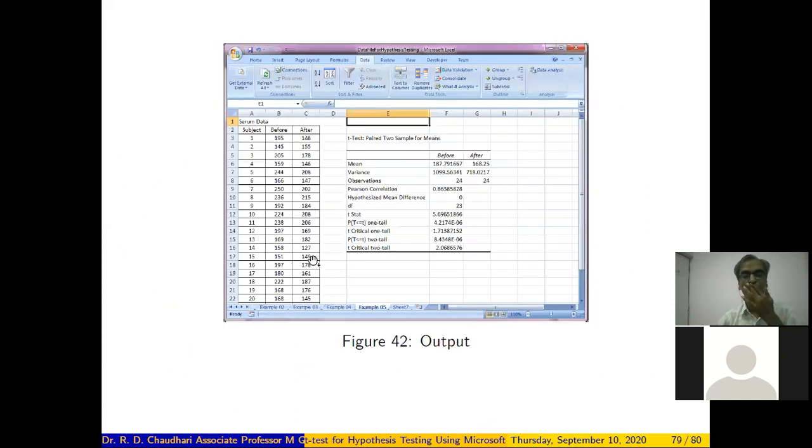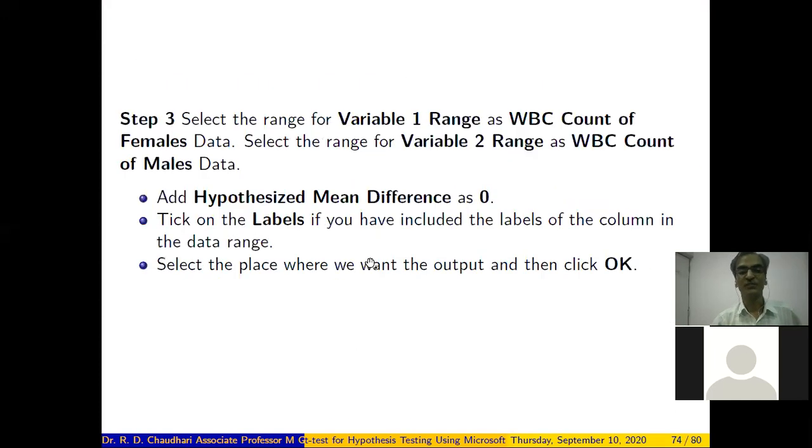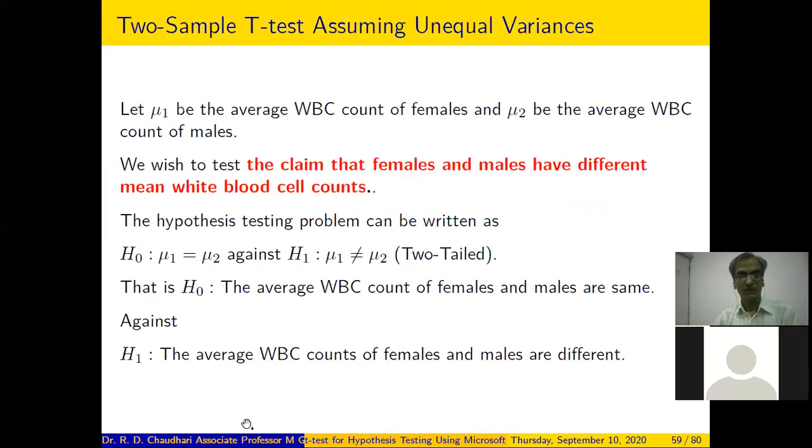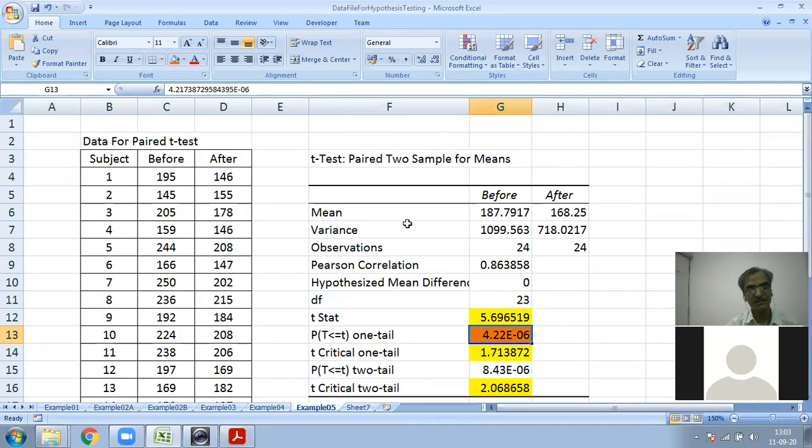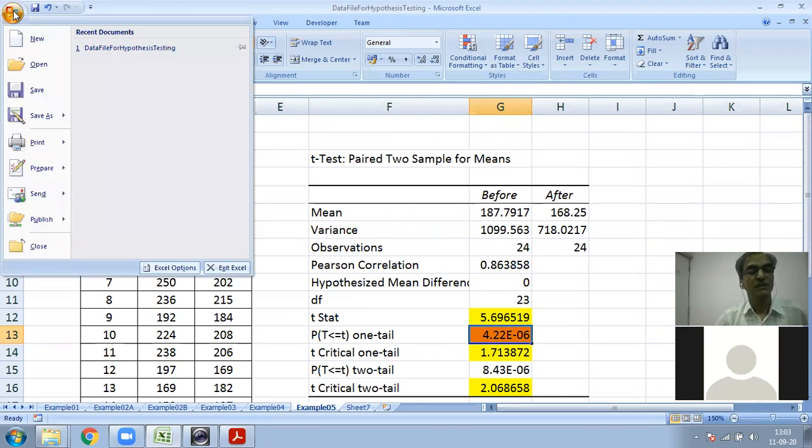So this is how we can use the Microsoft Excel add-in to perform various t-tests for hypothesis testing. You can practice this in Microsoft Excel. I have used Microsoft Excel 2007.